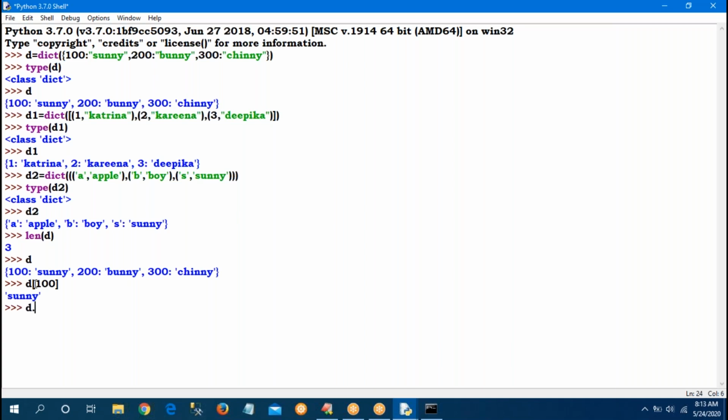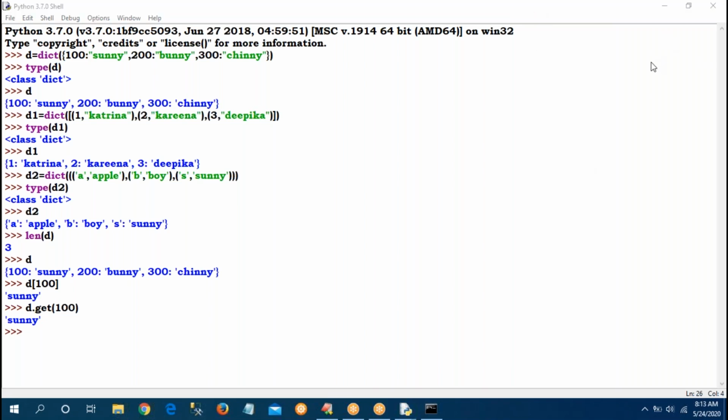Same like that, D dot get of 100, again Sunny I am getting. Then what is the difference? Directly D in the square brackets 100, corresponding value I am getting. Get of 100, again Sunny I am getting. So what is the difference between direct access and get function?